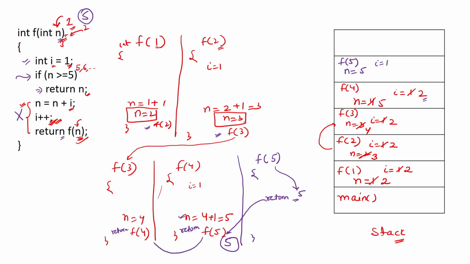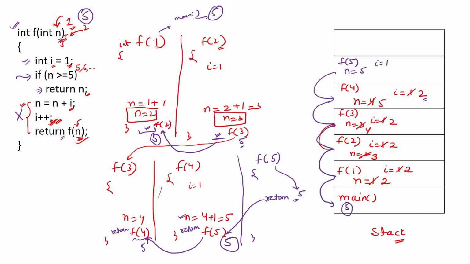Okay, so this 5 will be going here, so this f of 4 is now replaced with 5. So again this will be returning 5, and 5 will be coming here. This is saying return 5, right? So 5 will be returned here. Okay, so this f of 1 originally was called from the main function, right? So you can see that again 5 which was coming here, it will be returned to this main function. So this value was returned finally from your given recursive code. Okay, the same thing you can see here, that from here 5 was returned, then from here 5 returned, and so on. Finally 5 was returned to this main function.